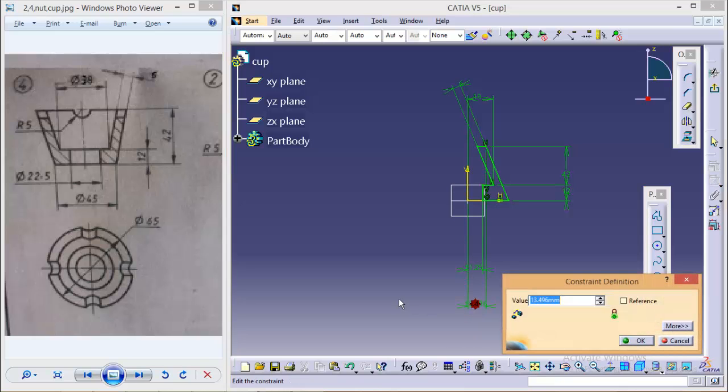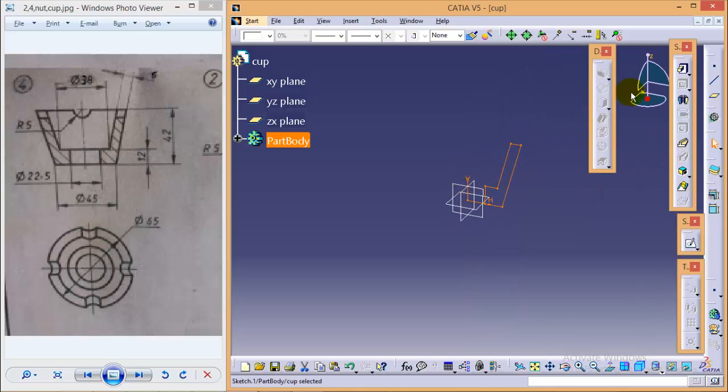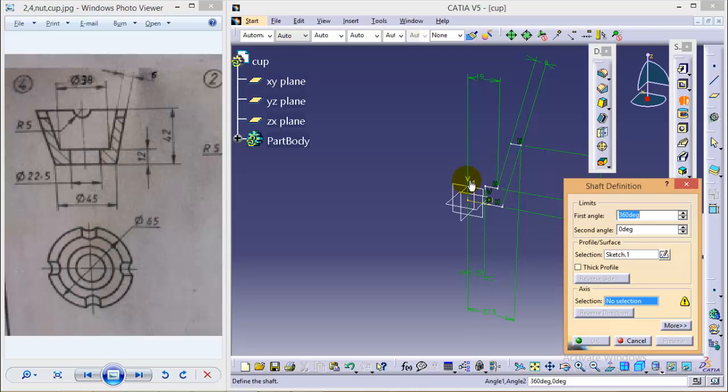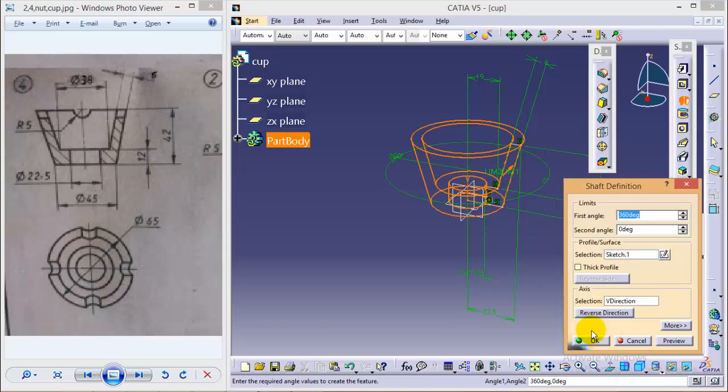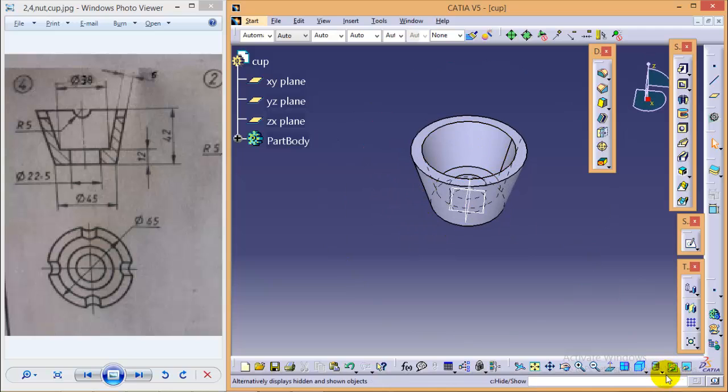And this particular distance is 65 divided by 2. Yeah, so here we have obtained a completely constrained figure. Now quickly exit from the sketch, select the shaft command, select the rotation axis and okay. So this is our cup.